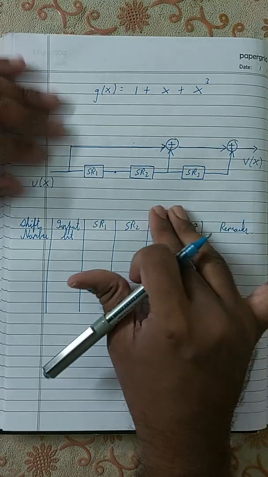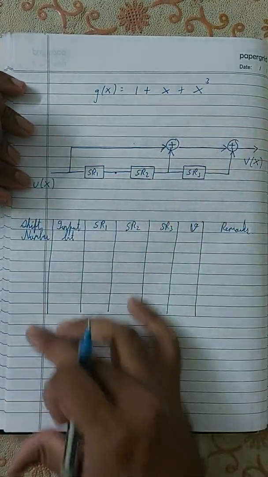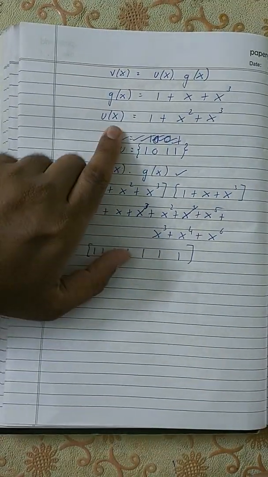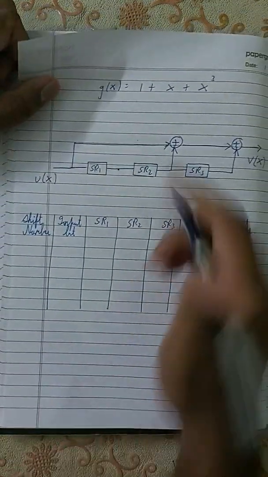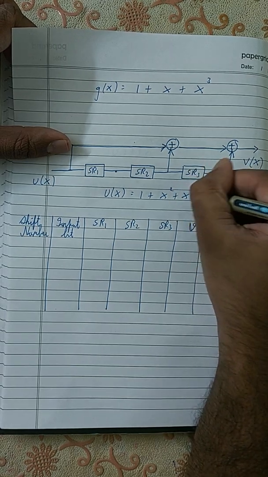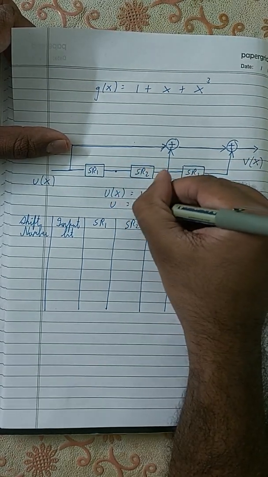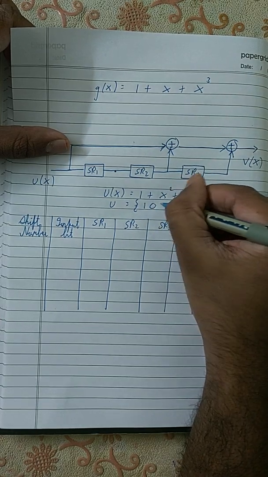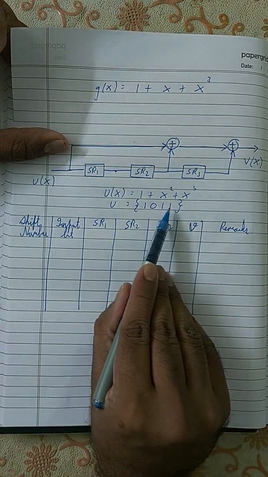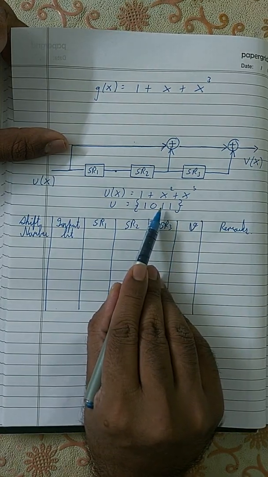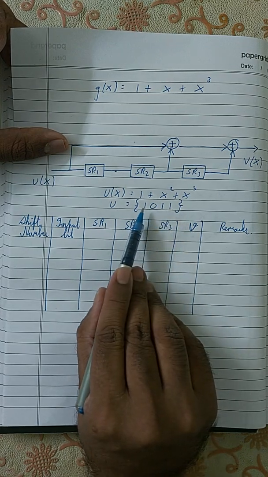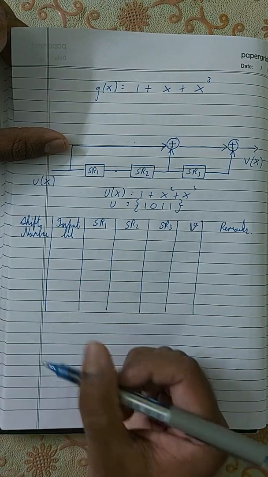So the first thing is, you need to understand what you have to transmit. What was it that we decided? Yes, u of x is equal to 1 plus x square plus x cube, or in other words, u is equal to 1 0 1 1. So what are you going to transmit? You are going to transmit this one first, followed by this one, followed by this 0, and followed by the last one. And after transmitting all these 4 bits, you will transmit the zeros in order to flush out